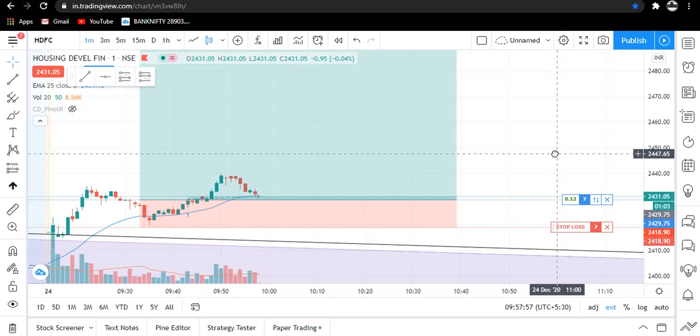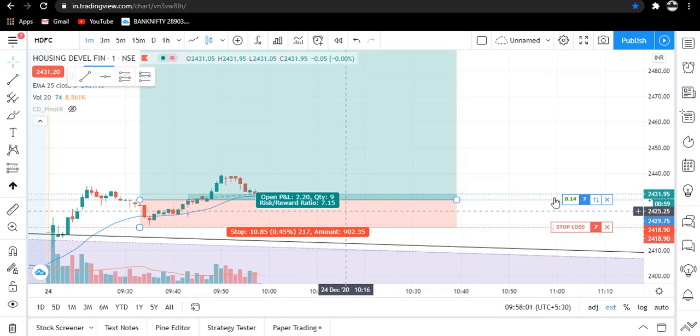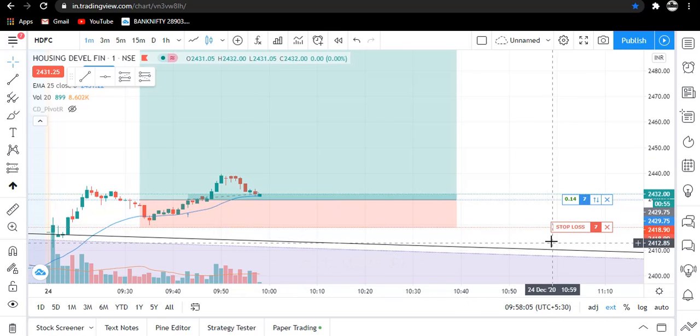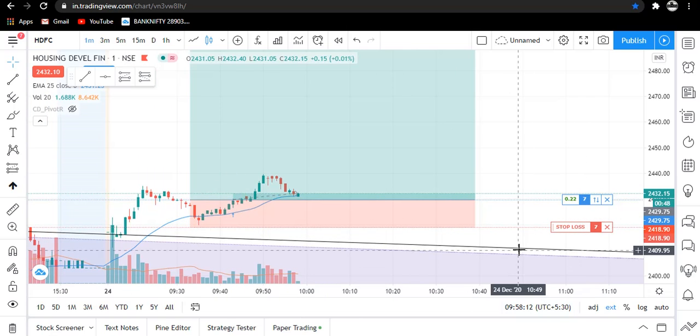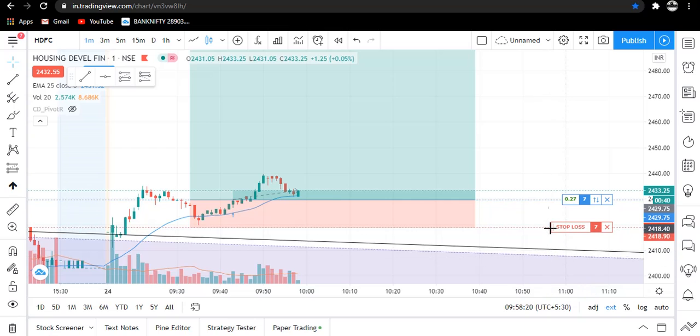So traders, here it seems that price may get reversed from here. So I am thinking that I should trail my stop loss to protect my capital, as this is not showing very good momentum for our target and it is trying to reverse. Okay traders, so now I am trailing my stop loss to this swing low,